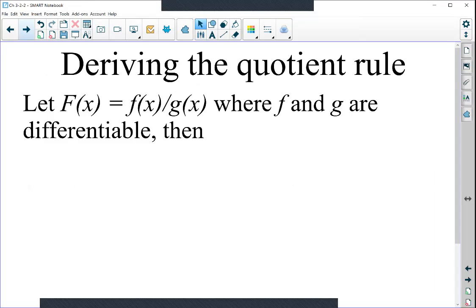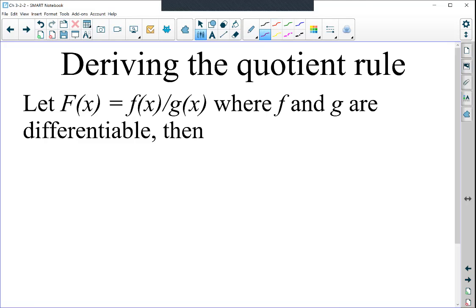So if we have some function capital F of x, and that's equal to the quotient, little f divided by little g, where little f and little g are both differentiable. And we should probably say that g of x is not 0, right? We can't have 0 in our denominator. Then